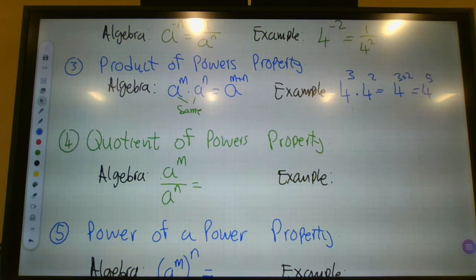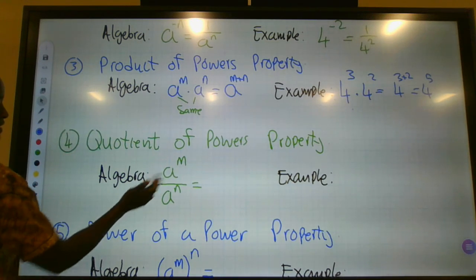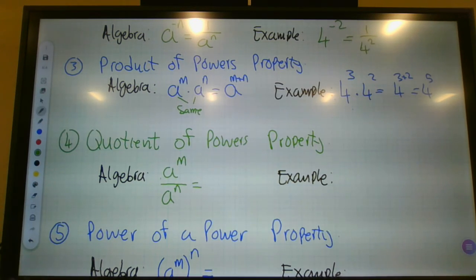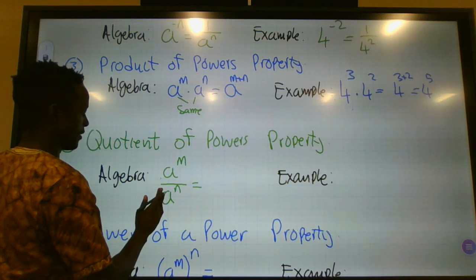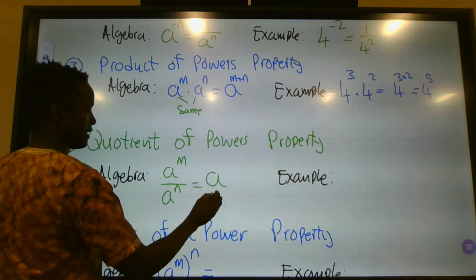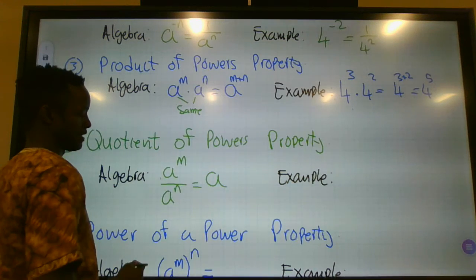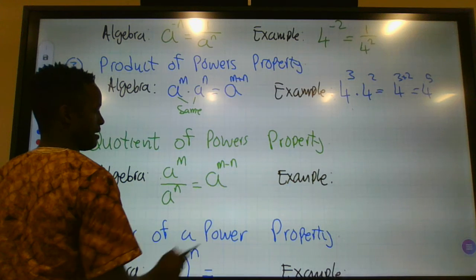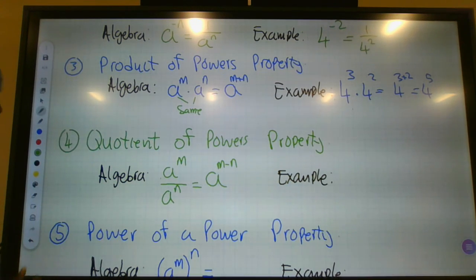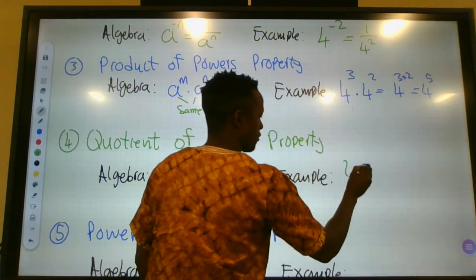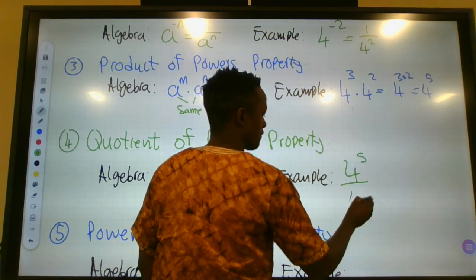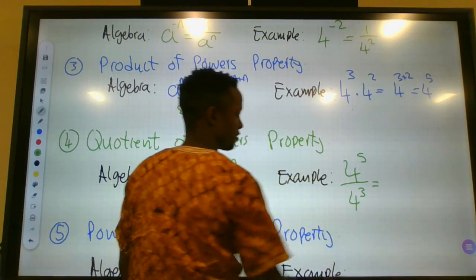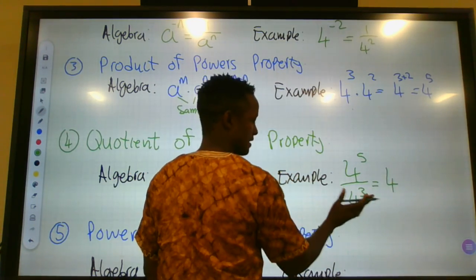Moving on, we have the quotient of powers property. Again, we have two powers that we're dividing. So in this case, we'll actually take one of the bases if they are the same, which they are in this case, and the opposite of what we did previously, where we were adding them. Here we're going to subtract, so it would be m minus n. I can't combine those, so I'll leave it as it is. But as an example, we could have 4 to the 5th power over 4 to the 3rd power, and this would simplify to the same base, and then you